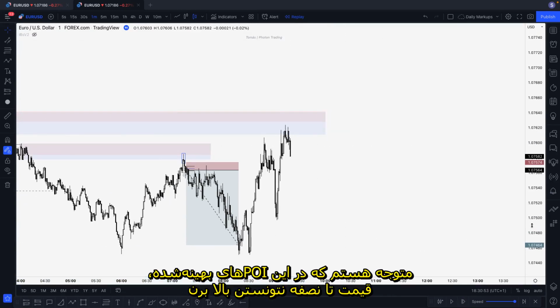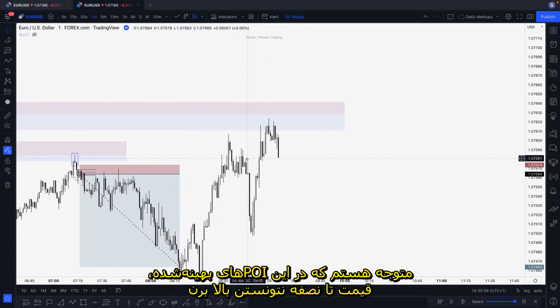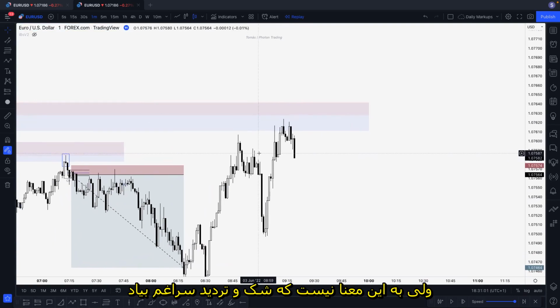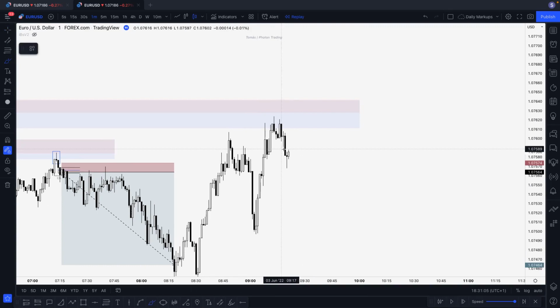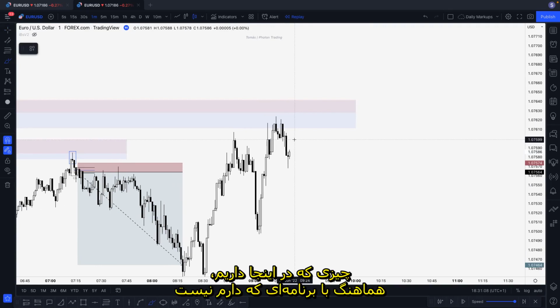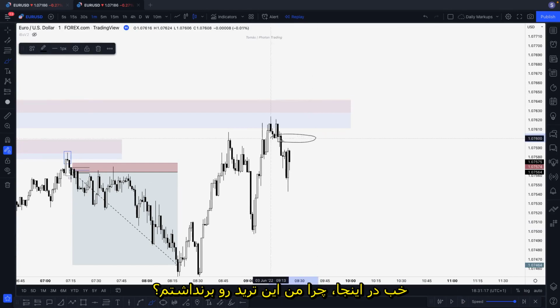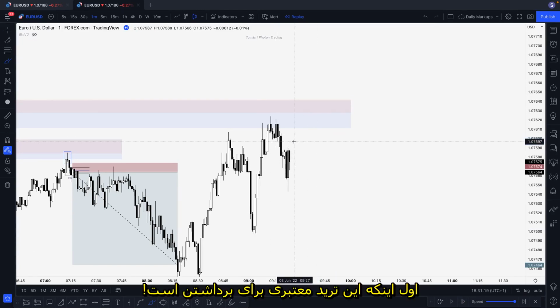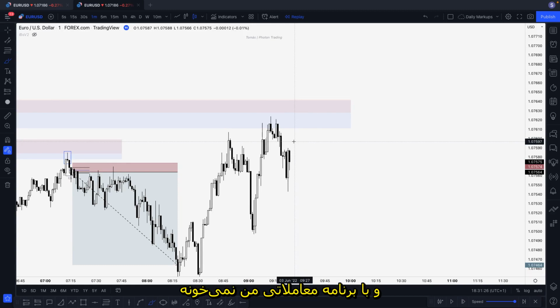I understand that this refined POI for me, that's hyperweight POI didn't get tapped, but does not mean that I want to get involved. Okay, so here I personally don't have this setup. For me, this is not according to my plan because price went to the downside. So at this stage, why I personally didn't take this trade? Again, it's valid if you took this trade. I personally don't think it's super high probability, and I don't have this on my trading plan.